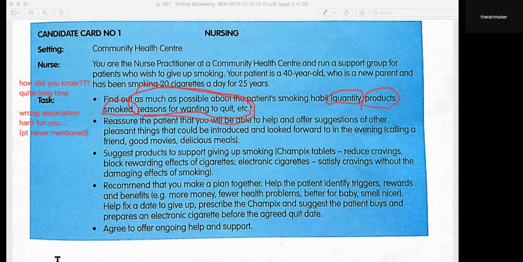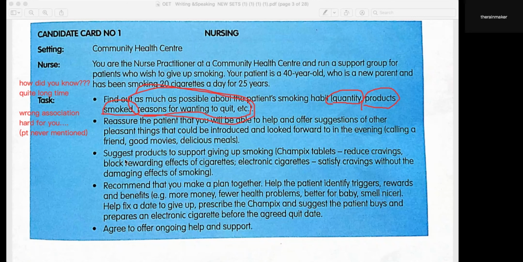So we're going in a completely different direction. Well, I don't know what you're talking about here. How did you know that I had a baby? Who told you? You're treating the patient as a new patient. First of all, you're saying, "How may I help you?" and then saying, "Oh, I just came to know that you had a baby." There's written that she's a new parent, so, I mean, it's given there in the script. If you're treating the patient as a new patient, then of course you're going to take the history. You have to ask what the reason is that you want to quit, and the patient is going to say that she recently had a baby, and it's also expensive, and she doesn't think it's a good habit. And then you can congratulate the patient.